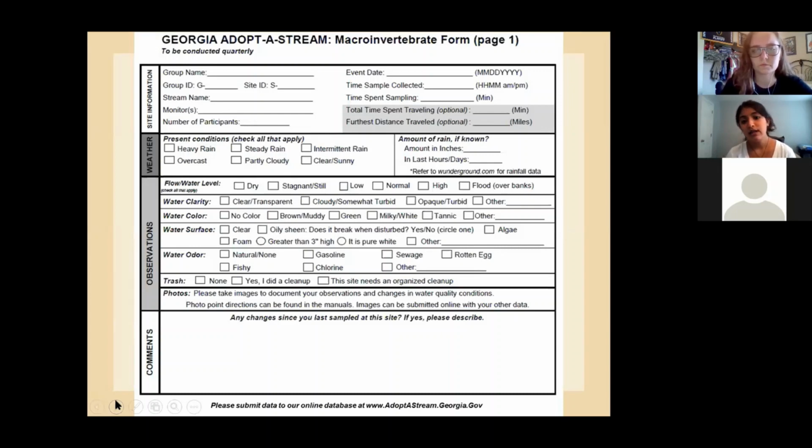All of these are really important observations to take, because they can also tell you about the data that you're collecting. If you're going out, maybe the flow is lower than normal, maybe that will also show in the sample of macros that you just collected. So it all intertwines with one another, and all of this can be included or entered onto the website.